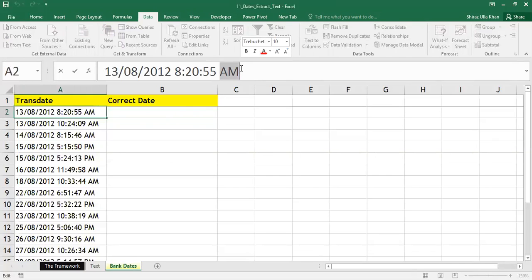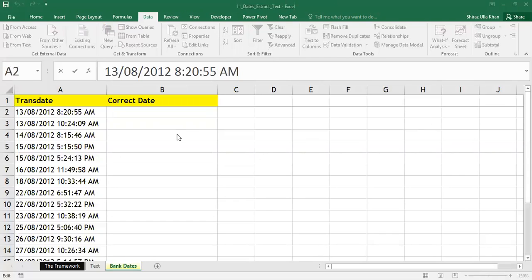So as a first example, I'm going to split this date into 3 different columns. In column B, I will have the date. In column C, I will have the time. And in column D, I will have AM or PM. So again, people, the question is, what is a delimiter which is separating the date from time and from time with AM and PM? If you see, the delimiter is again a space. So people, let's start this.